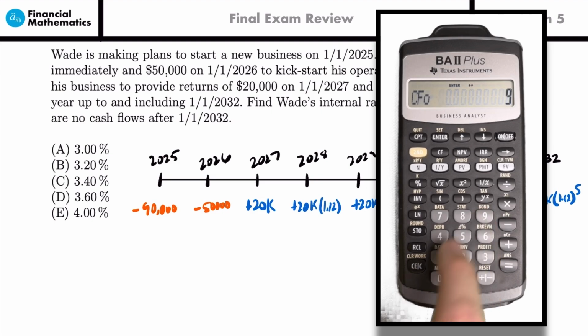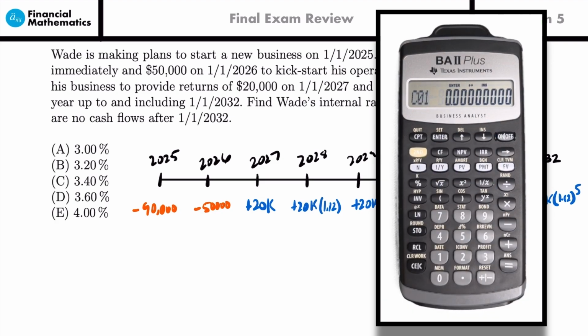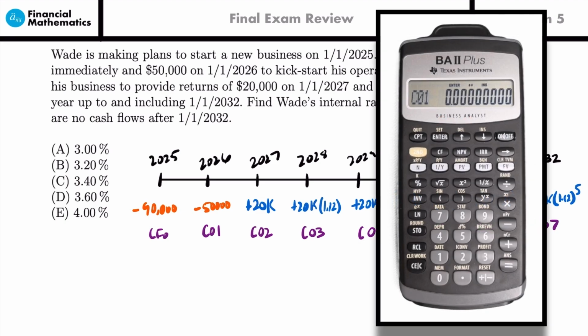So I'll put in 90,000, make it negative, and hit enter. Then we'll go down to C01. C01 will be our next cash flow, which is negative $50,000 at 2026. So just so you can follow the pattern here, this was CF0, this is C01, this will be C02, C03, C04, C05, C06, and C07, just so that it's easier for you to follow along with what payments we are working with. All right, but for C01, we have negative 50,000,